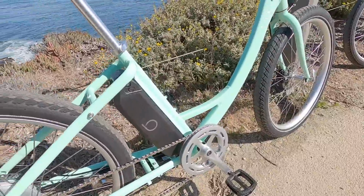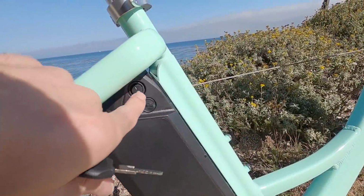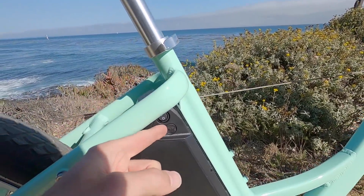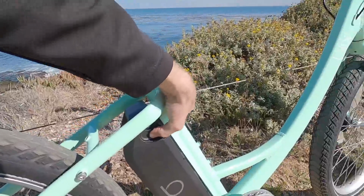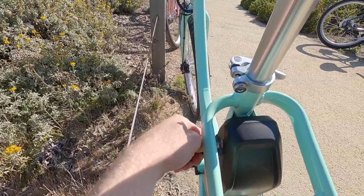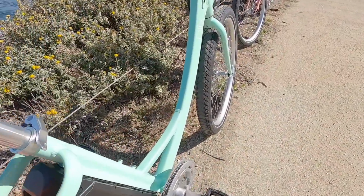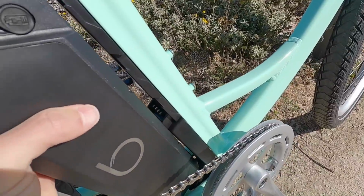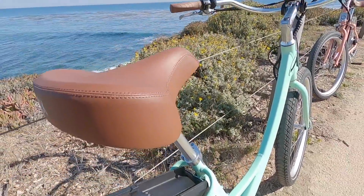I'm going to take the battery off the bike, and I have the keys for the green one. Before we do, I want to point out there is a manual override on-off switch, which is cool. If you know you're not going to be riding for a while, you can charge the battery on or off the bike. There we go. We just insert the keys on the left side here, twist, there we go. Kind of reach in and pull it up,